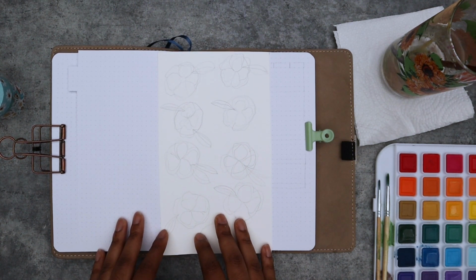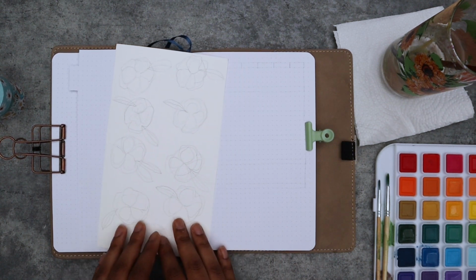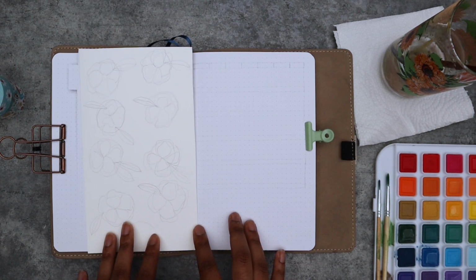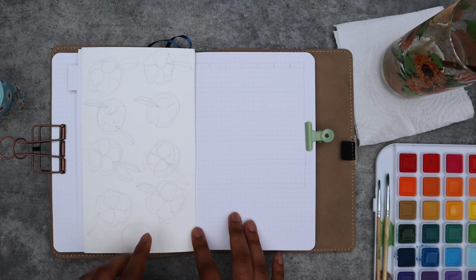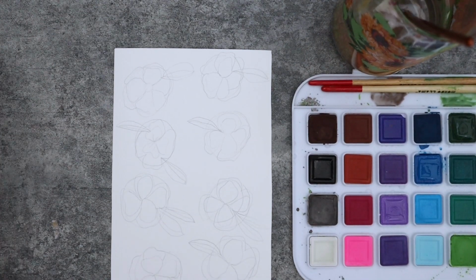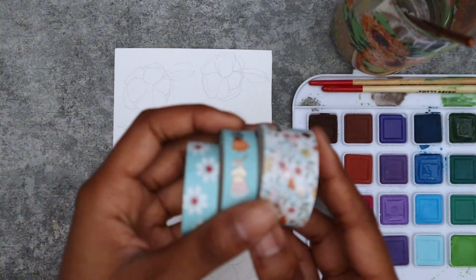More importantly, my birthday is in August as well, hence why I wanted to do something a little bit more elaborate, and we will be using watercolors today. So let's get started. Now, before I jump into the page, I wanted to show you guys these 3 washi